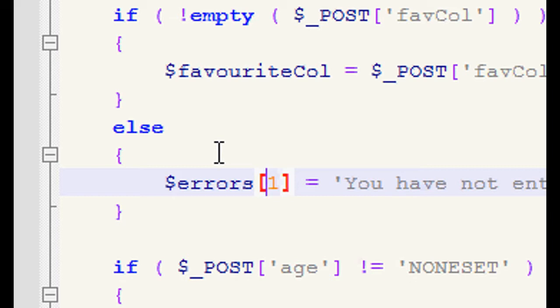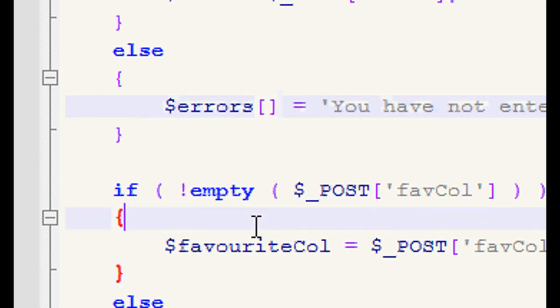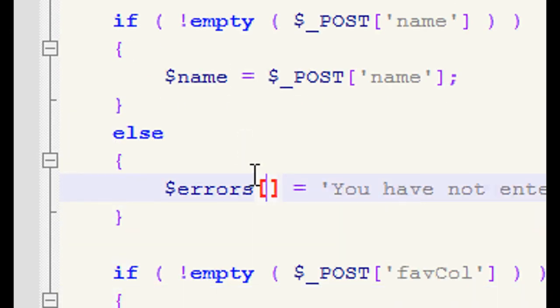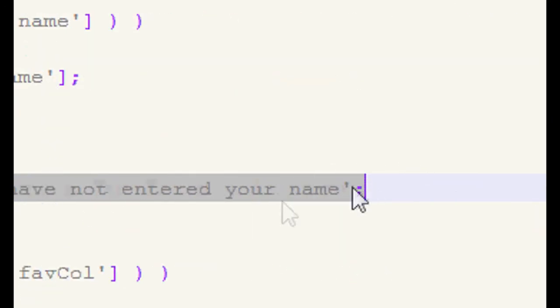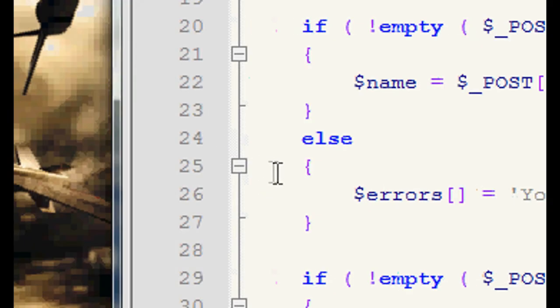If you want to use numerical keys, it's a good idea to go 0, 1, 2, 3, 4, 5. It's not a good idea to go 1, 5, 4, 3. So in general, you shouldn't do that, and that's why I've just done it like this. So even if this isn't created in the errors array, if this is and that wasn't, this